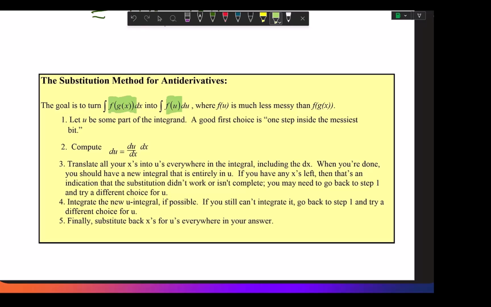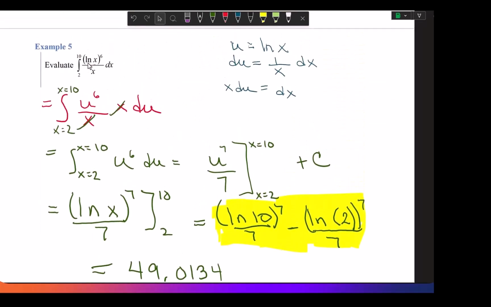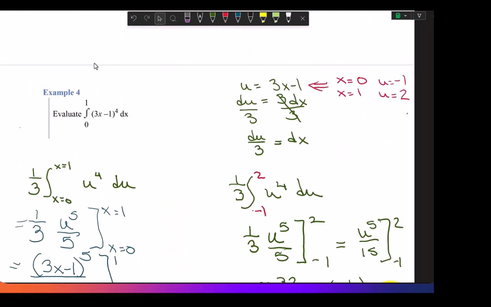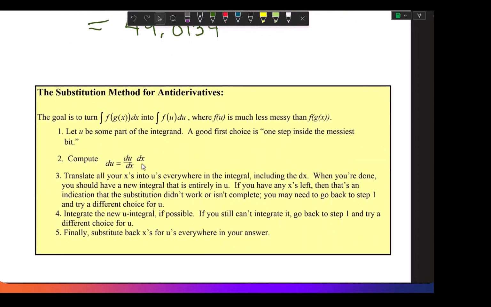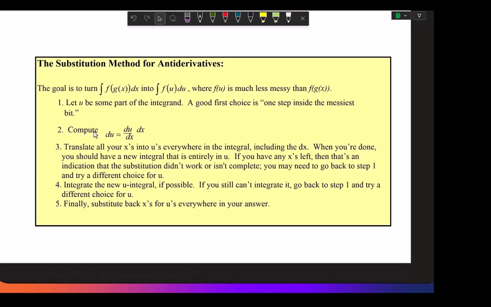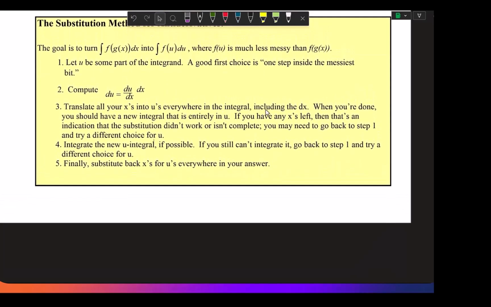Step 1, let u be some part of the integrand. The integrand is the inside of the integral. A good first choice is one step inside the messiest bit. What that means is, notice in all the problems that we had, the messiest part was like ln of x, or 3x minus 1. If it was just x to the 4th, we can easily take the derivative, but that makes it become more messy. We compute the derivative of u with respect to x, translate x's into u's, including the dx,